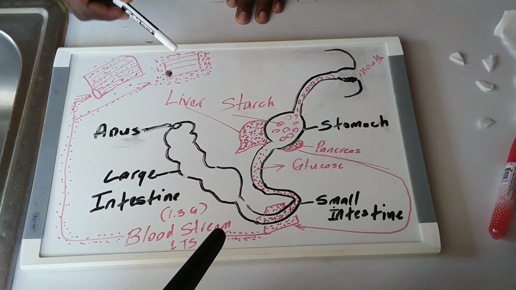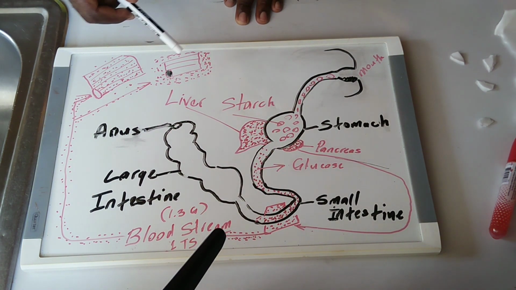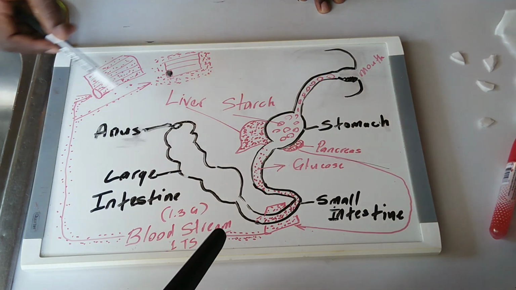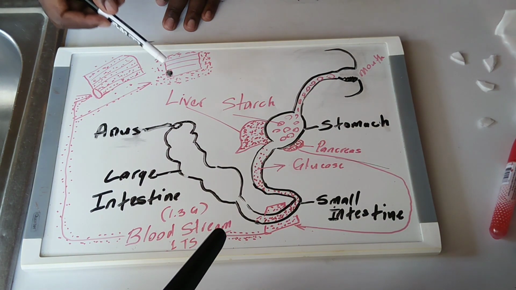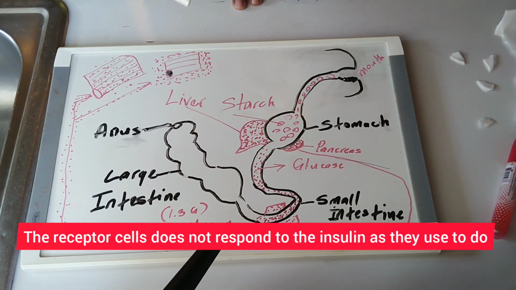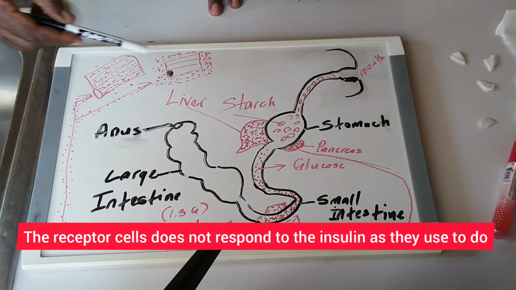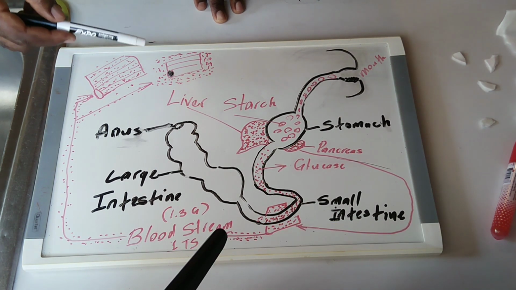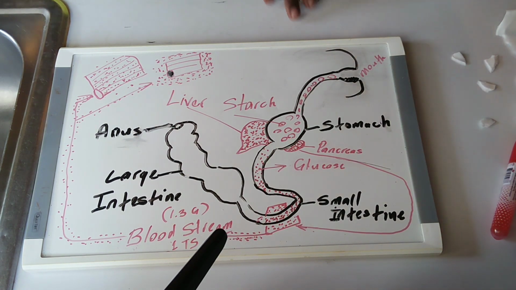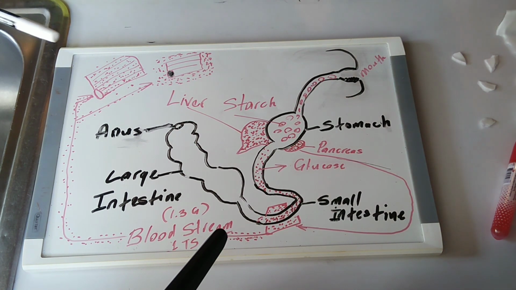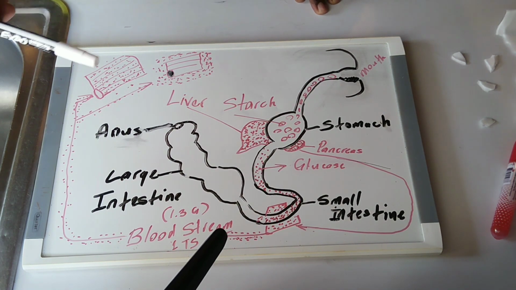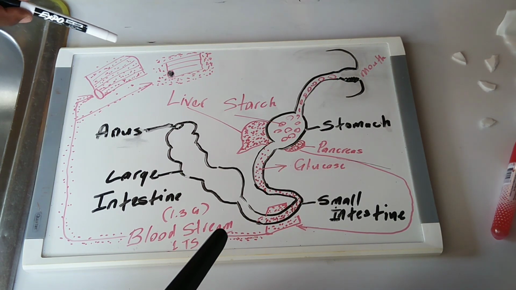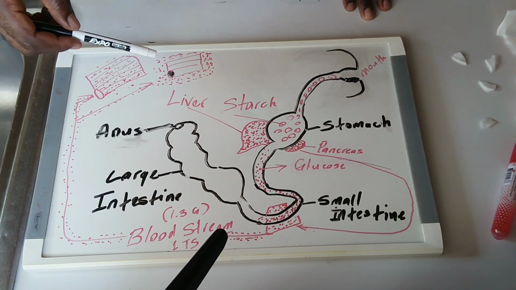Now, a person with diabetes over here, the insulin is still produced because their pancreas is still working. So the insulin is still produced, but the receptor cells in their muscles become resistant to insulin. Let me repeat. The receptor cells in their muscles become resistant to insulin. Let me give you an analogy. It's like you live somewhere, and every day the Jehovah's Witnesses come and knock. After a while, you have to lock your door, and you're not going to answer them anymore.